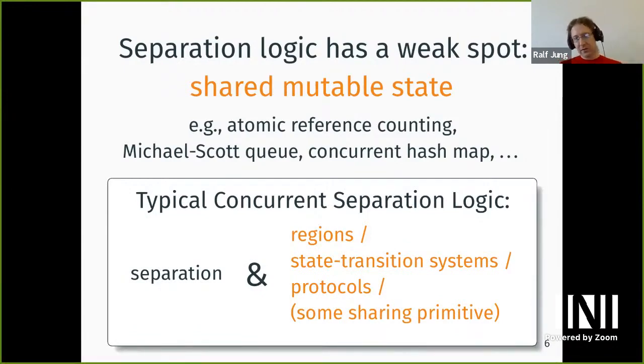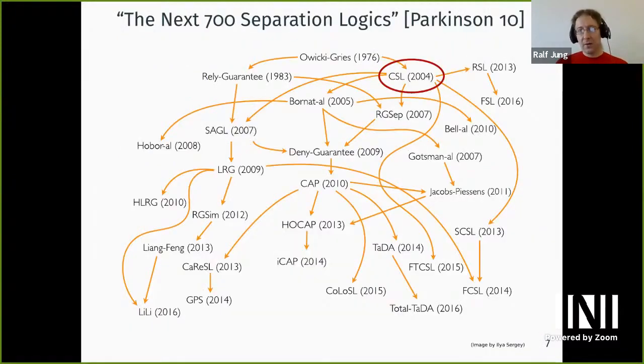And that kind of ingredient is often called regions or state transition systems or protocols. Indeed, there's lots of different proposals for what the second logical mechanism could be, which leads to lots of different logics that are all or almost all derived from concurrent separation logic in the top right corner. So we have a wide range of possible and sound reasoning principles available for these kinds of programs,